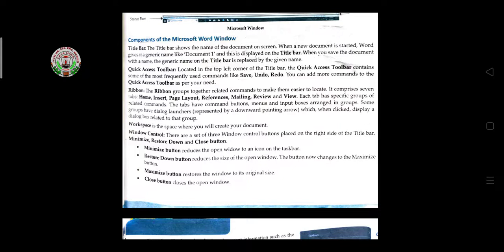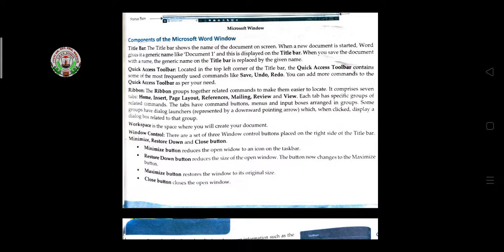For example, inside the Home tab some menus are there, and we use those menus.